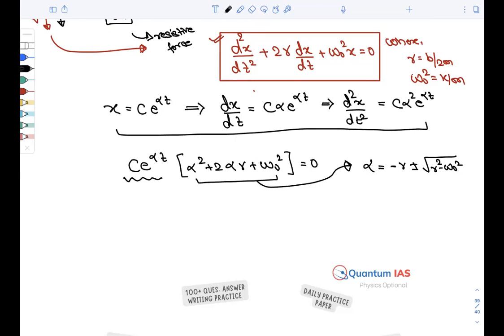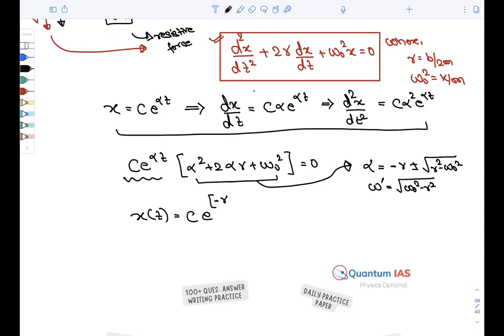Quadratic equation. So from here, let us assume one more point. Let's take omega dash, or omega as we sometimes call it, equals root of omega naught square minus gamma square. So this will turn into iota. If you put it here, x of t will be c e to the power alpha t. What is alpha now? Alpha is this